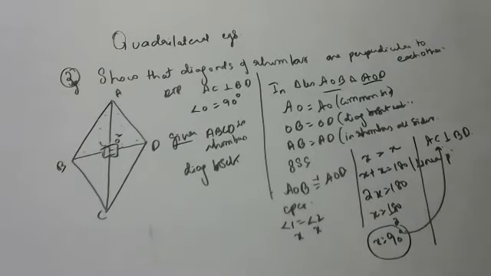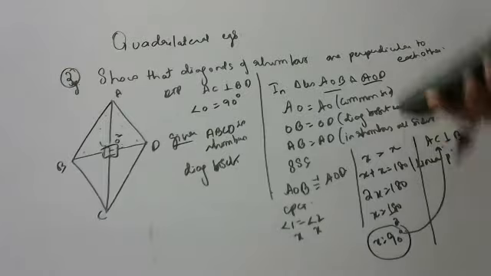Okay, children. Does anyone have any doubt in this? Next one, children. Go to the third example. This is your second example in quadrilaterals, 9th class CBSE NCERT textbook, children. Go to the third example.